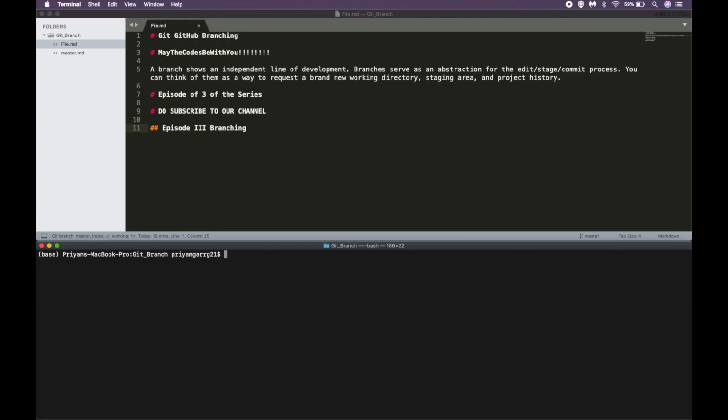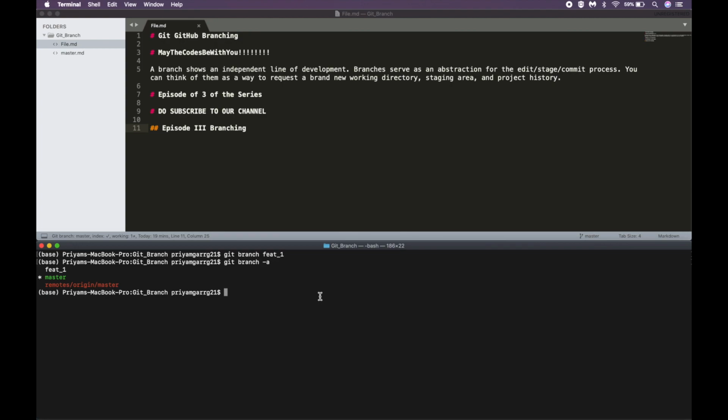So how to create a branch? The simple way to create a branch is simply git branch and then the name of the branch. I will name it as feat1. So by this your branch feat_1 has been created. So let us check our branches. We can check our branches by using the command git branch -a, and as you can see there are two branches, master and feat1. So let us now work on branch feat1.